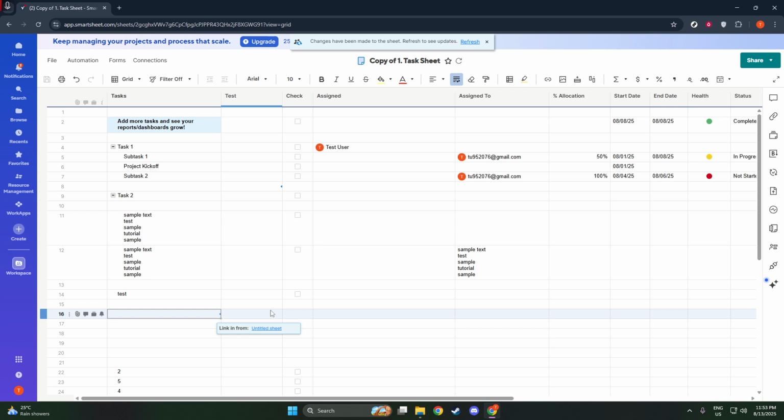And there you have it. By following these steps, you've successfully linked a Smartsheet cell to another. This linking capability not only saves time, but enhances data accuracy across your projects. As you continue to work within Smartsheet, you'll find this skill to be a critical asset in managing sprawling sheets